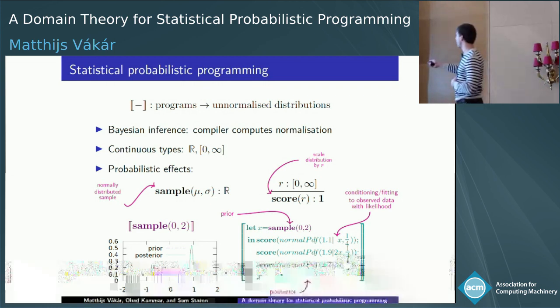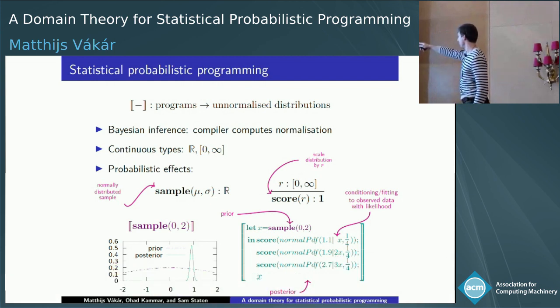And so let's look at a concrete example of a very simple program here on the bottom right, where we have a normal prior. We draw x from a normal prior using the sample construct. And then we have three observations from a normal likelihood. And we return the resulting distribution over x, which is the unnormalized posterior. So that would be the semantics of this program. So here we see that sampling is often used to specify the prior, while scoring is often used to specify the likelihood, or that we use it to condition on data. Because once we run inference and we normalize this distribution, the reweighting becomes conditioning.